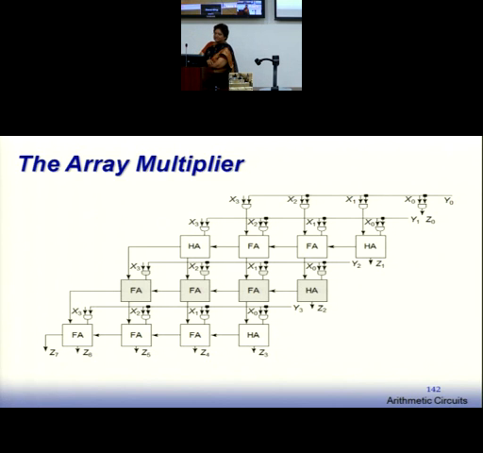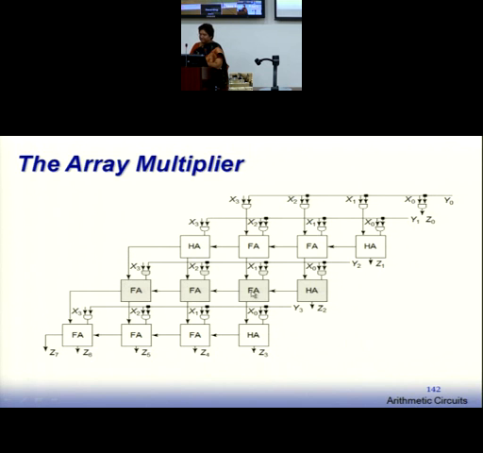I'm not storing it. This full adder is giving me a sum bit and a carry over here. For the half adder, the output will come here.